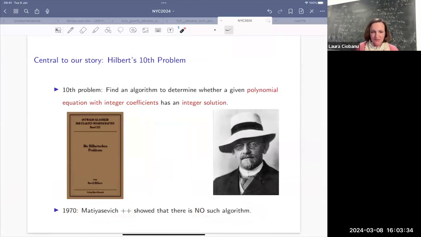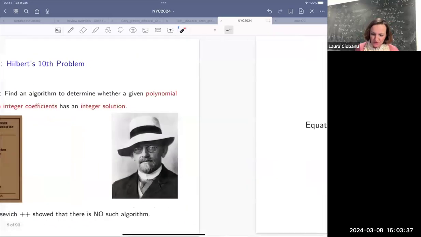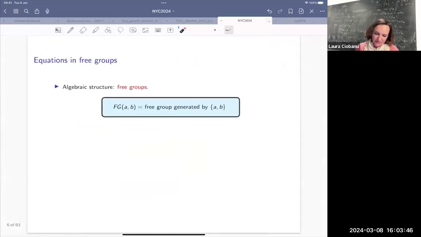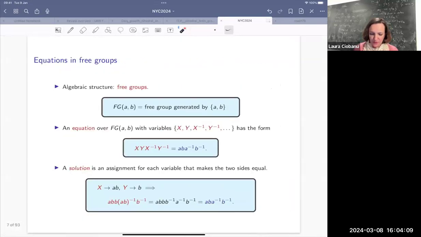As I said, inspired by this, but also using it as a tool, we're going to look at equations in groups and monoids. And yes, they will tend to be non-abelian. Just to get everybody happy with the notation, I will look at free groups to start with, and I'll write FG for free group. I will have at some point free monoids, and then I'm going to have FM. So this is just notation: if I write FG on A and B, it's the free group on A and B. And an equation over this free group means that I'm giving myself a set